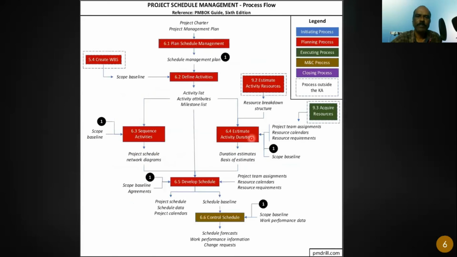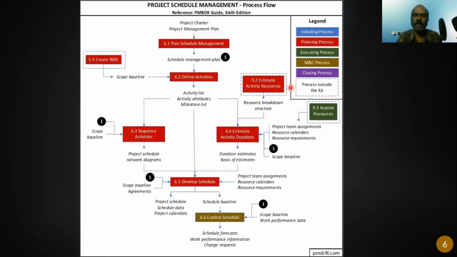Okay, what is the third step? Estimate durations. Of course, when you estimate durations, you need to know what resources are available. So the carpenter has to tell you how many resources he is going to bring. Is he going to bring 1 team, 2 teams? Right? So this input comes from the resource knowledge area. Of course, PMI has split resources separately from scheduling. But in a real project, unless you know the resources, you cannot estimate the time. Or the other way, either way is possible. You fix the time and then ask for resources.